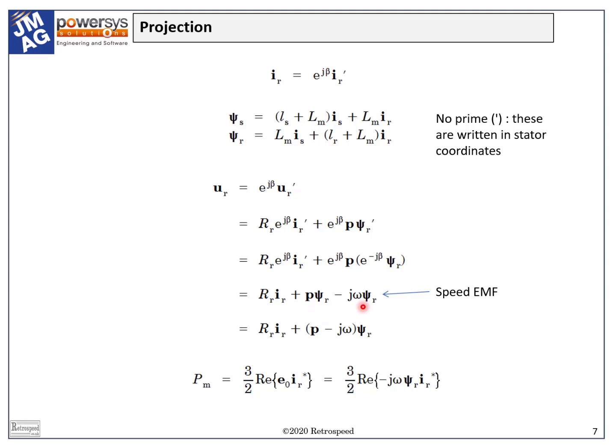And when we analyze the power balance, we find that the speed EMF works with the current to produce the torque. All of this is, of course, well known in classical theory, but without laboring the details, we can see that these results emerge with extraordinary economy and elegance in terms of the space vectors.